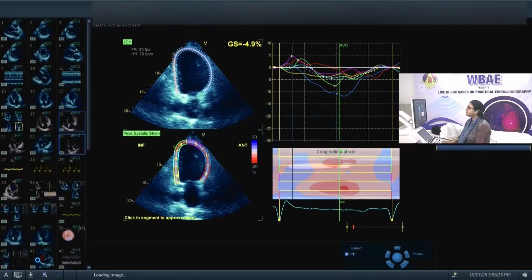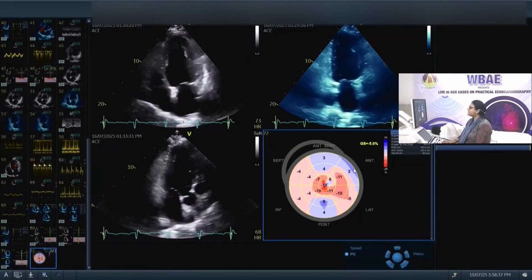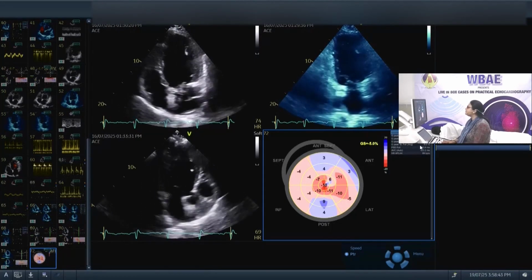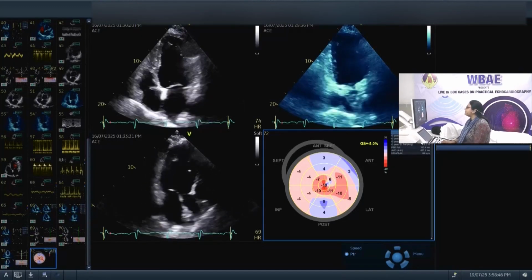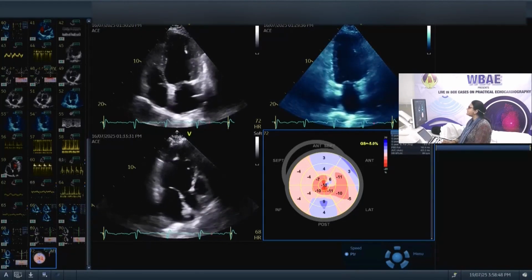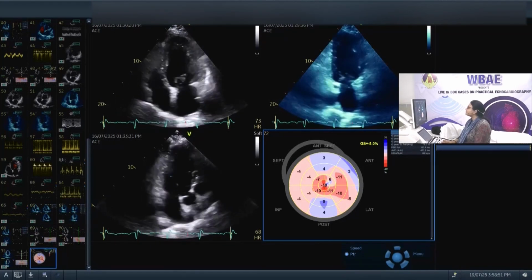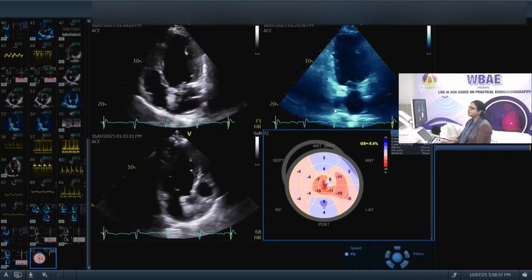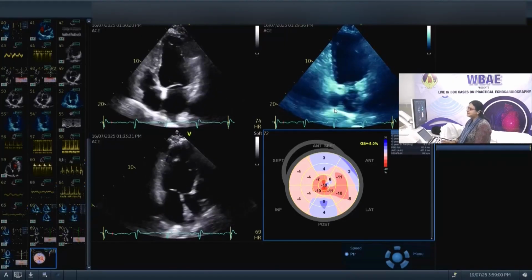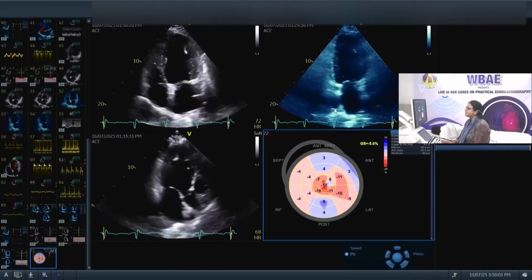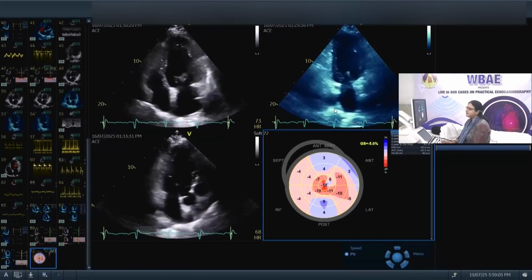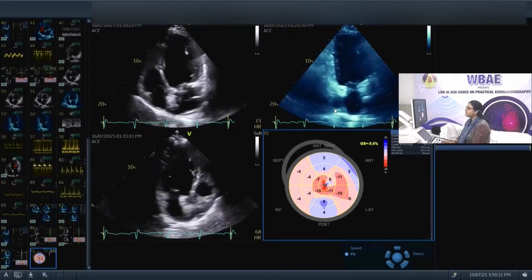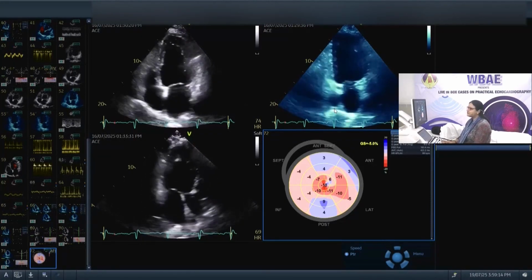However, in this patient, we could see that the bullseye has given us this kind of a picture, which shows that the LV has a very reduced strain with a global strain of -5%, and apical long axis shows -4.2%, 4-chamber shows -6%, and the 2-chamber shows only a strain of -4.9%. So to summarize the LV systolic function, we can say that this patient has a dilated cavity with increased end diastolic and end systolic volumes, and global systolic dysfunction with reduced systolic function and globally reduced longitudinal strain.